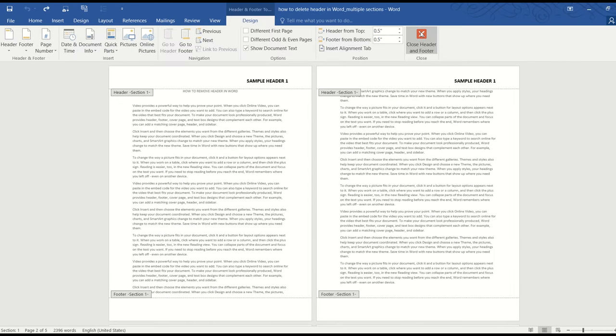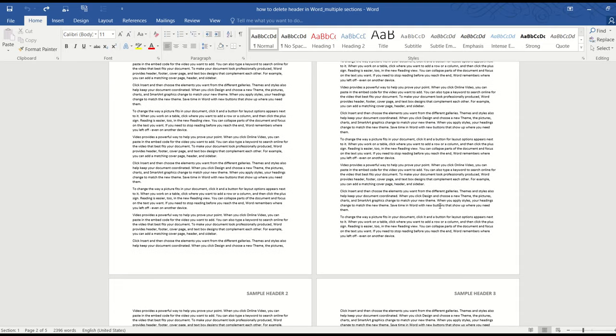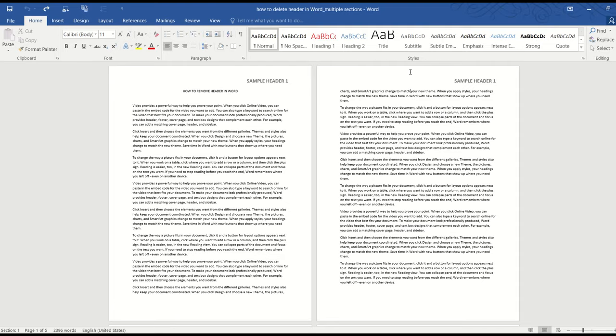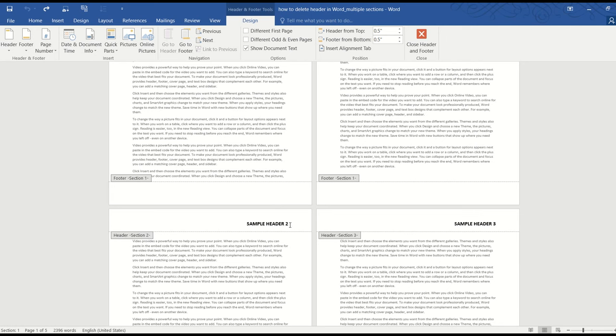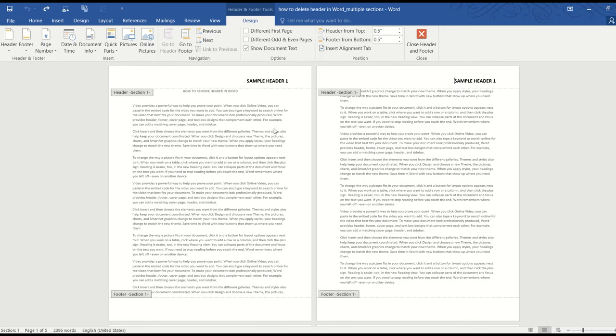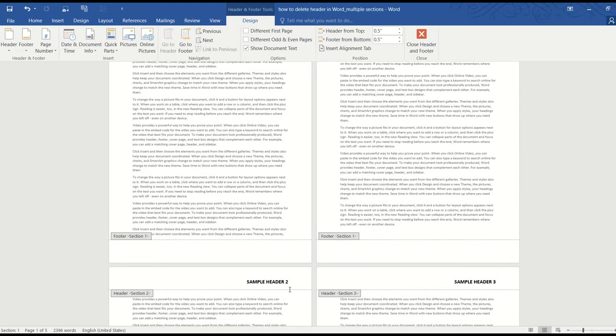Now let's go to our second example, where things are more complicated. I have a very similar looking document here, but there are a few different headers. There's one header for section 1, another different header for section 2, and then header 3 for section 3. If we follow the usual method and go to Header and select Remove Header, we will only remove the header from the first section, whereas the headers from subsequent sections are still intact. And then we would have to go to each section and remove the header one by one.